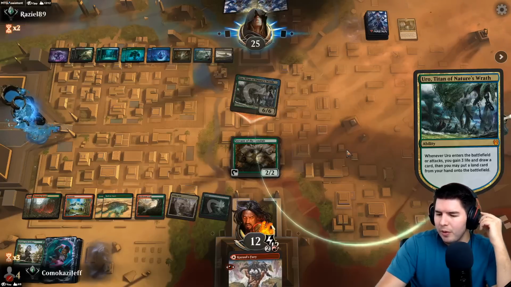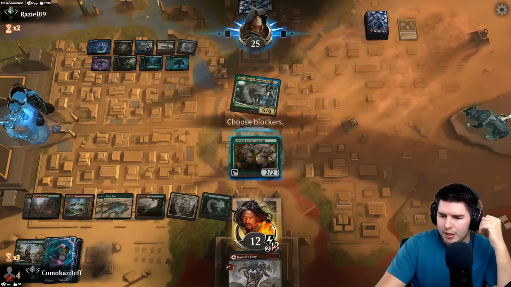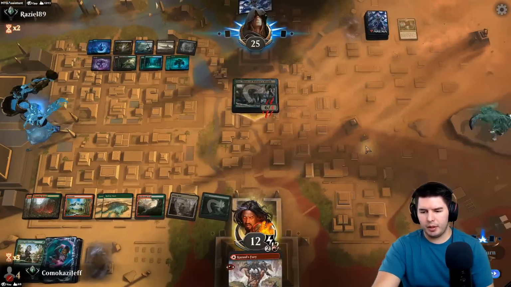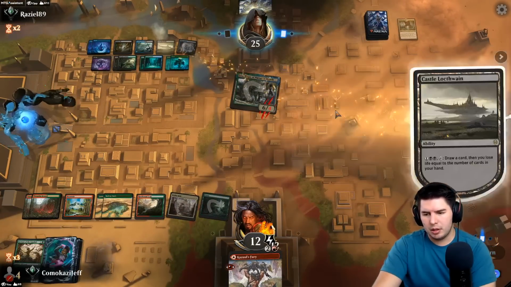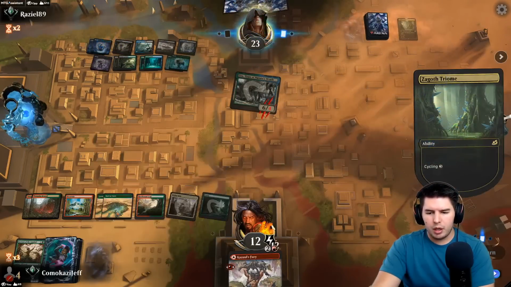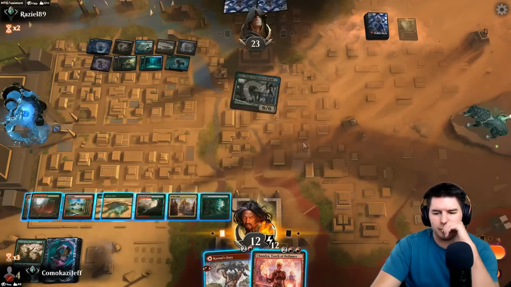Do you spend removal on the thing that's about to chump here or not? I think they were hovering over it for a second there. Hopefully, yeah, probably means they have removal, but we'll see. Okay, up to 25. We have how much mana? We're one short from being able to...